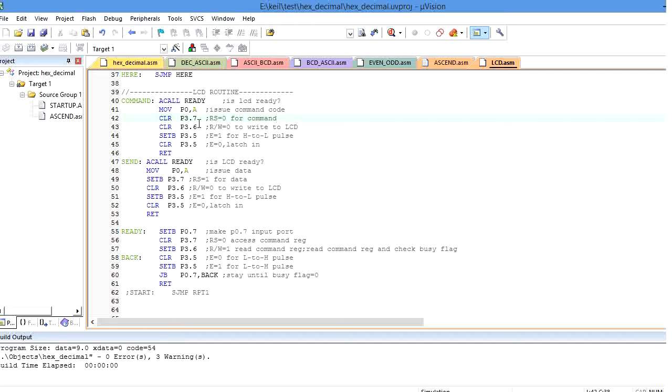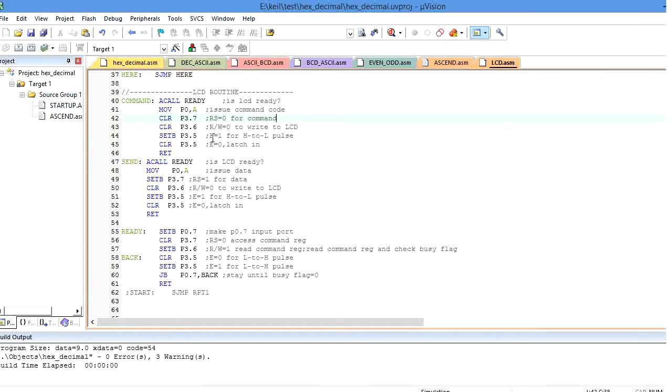And after that, what am I performing here? I am performing the write operation. So read bar write bar equal to 0 indicates I am performing the write operation to the LCD device. And after that I have to make enable go from high to low.